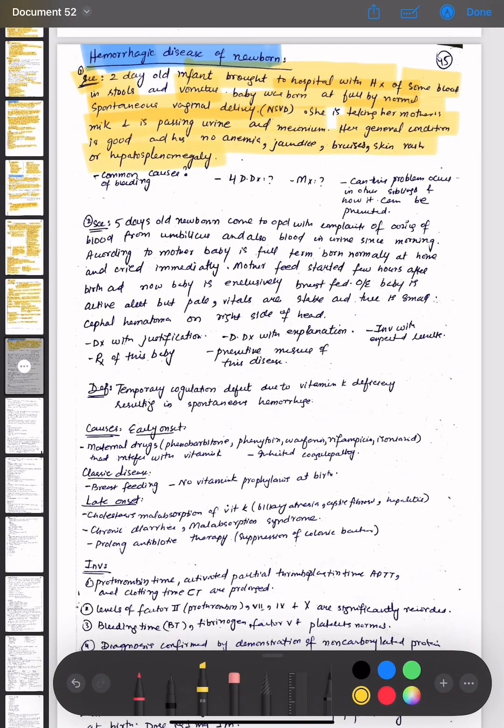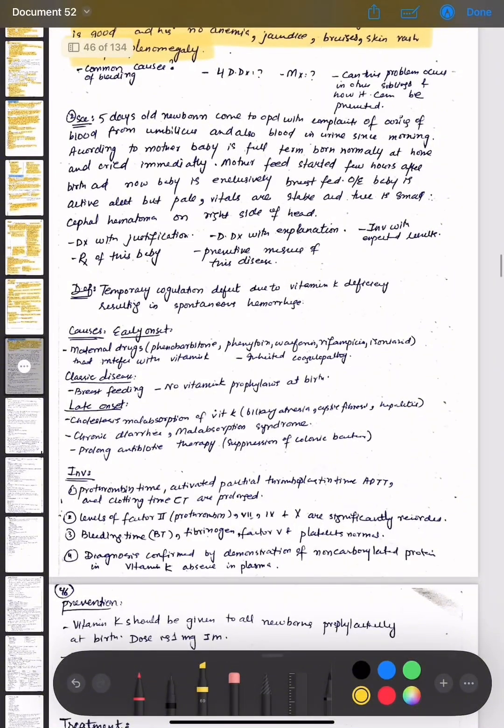Another scenario is that there is a 5 days old newborn come to OPD with complaints of oozing of blood from umbilicus and also blood in urine since morning. According to the mother, the baby was born full term normally at home and cried immediately. Mother feed started few hours after birth and now baby is exclusively breastfed. On examination, baby is active, alert but pale, vitals are stable and there is small cephalhematoma on right side